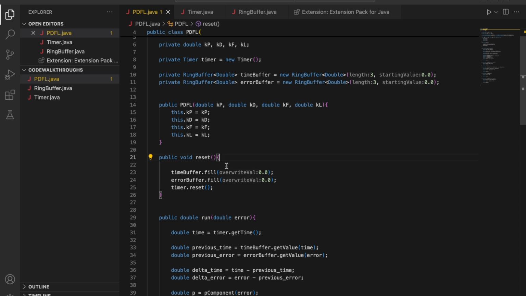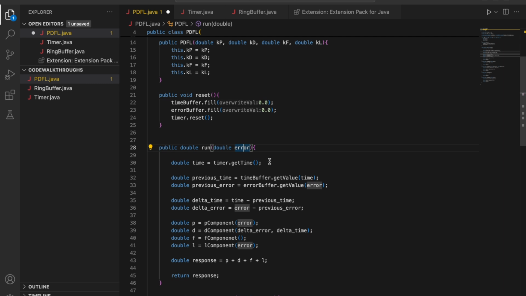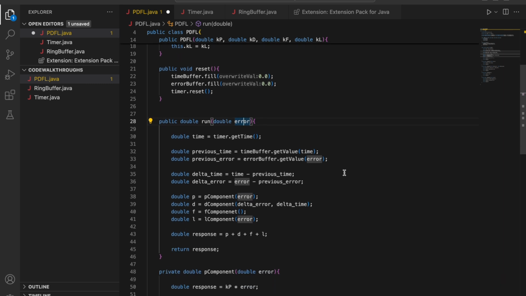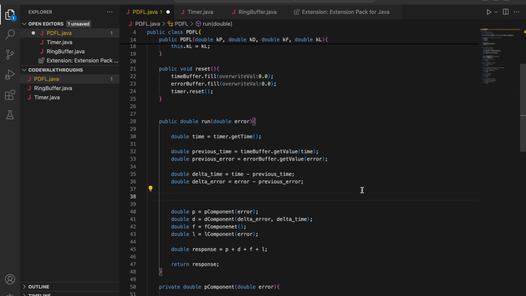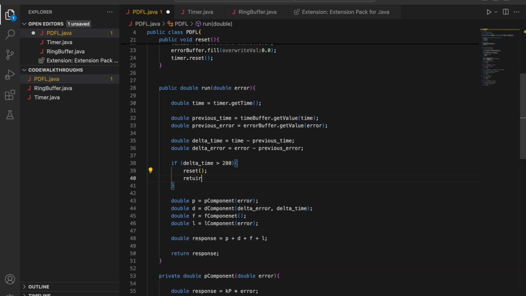So as I mentioned earlier, if we don't call this loop for a while, we're probably going to want to reset the buffer. So what I like to do is say if delta time is greater than some value, let's say 200 milliseconds, then we're going to want to reset the system, and then return,